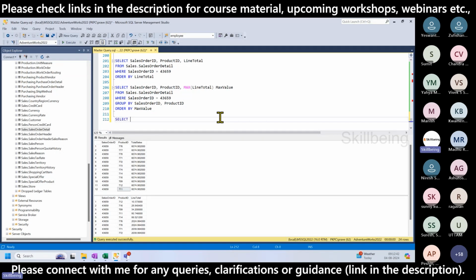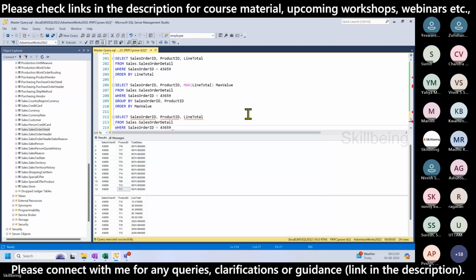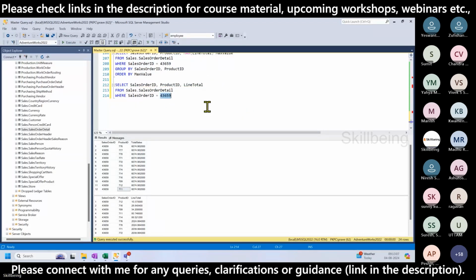I'll write select sales order ID, line total from sales order detail. So here in the where clause, instead of adding this number, you can add it, but one more condition I add is and, line total